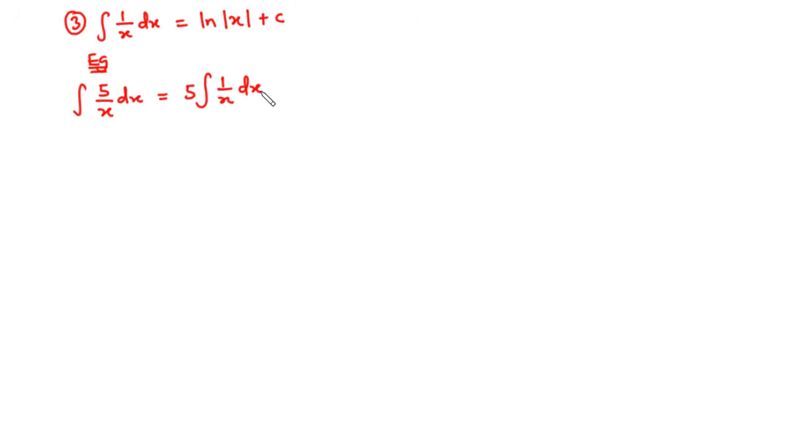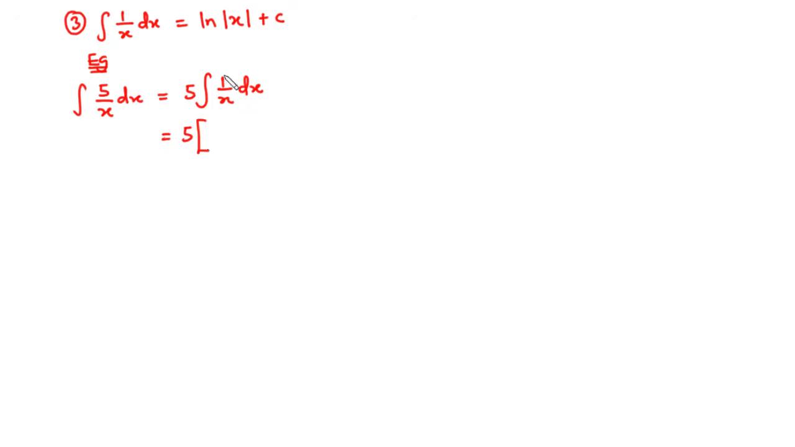or rule 3. So we have the integral of 1 over x dx to be equal to ln of the absolute value of x plus c. So example, let's say you have the integral of 5 over x dx. You can pull out 5 so that you have 5 times the integral of 1 over x dx, and then that is going to be